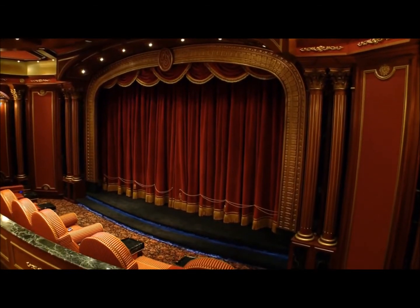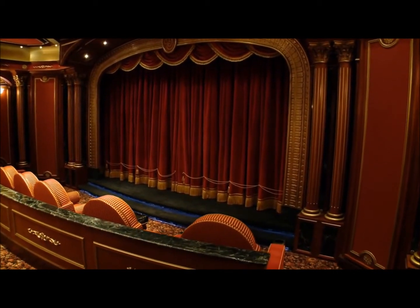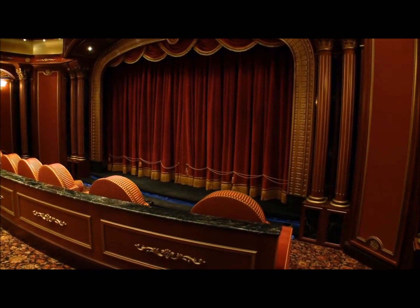This room actually was built and assembled in my facility. And we do that so we verify that our detailing and our fit and our finish is as expected before we trek it to the job to install it. So it gives the opportunity for the homeowner even to come in literally and walk in and out of their theater in our space, inspect, for us to correct any issues that may be, and have a perfect job delivered,